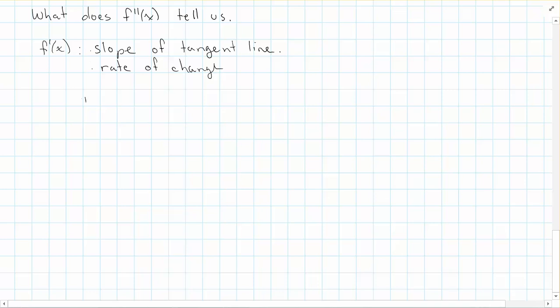So it's the rate at which the y value changes versus the x value. So I'm focusing on this one here so we can get a little bit of understanding of what the second derivative tells us. So f double prime at x